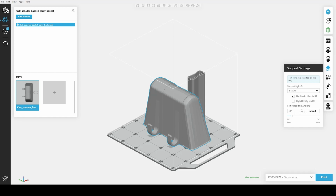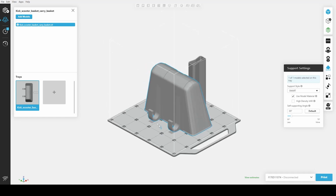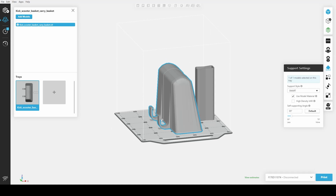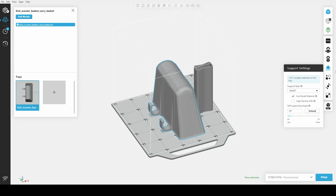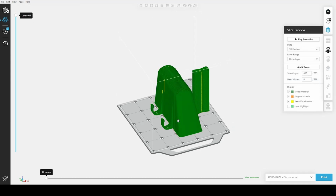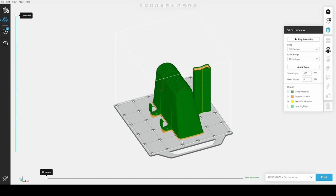I also changed the self-supporting angle to 35 degrees because these points here do have an angle, as you can see, and I do not want it to have support in there. So that's actually everything I've chosen here. It's simple in GrabCAD, you don't have much of an option. And if we look at the sliced part, you can see we have the wipe tower here,